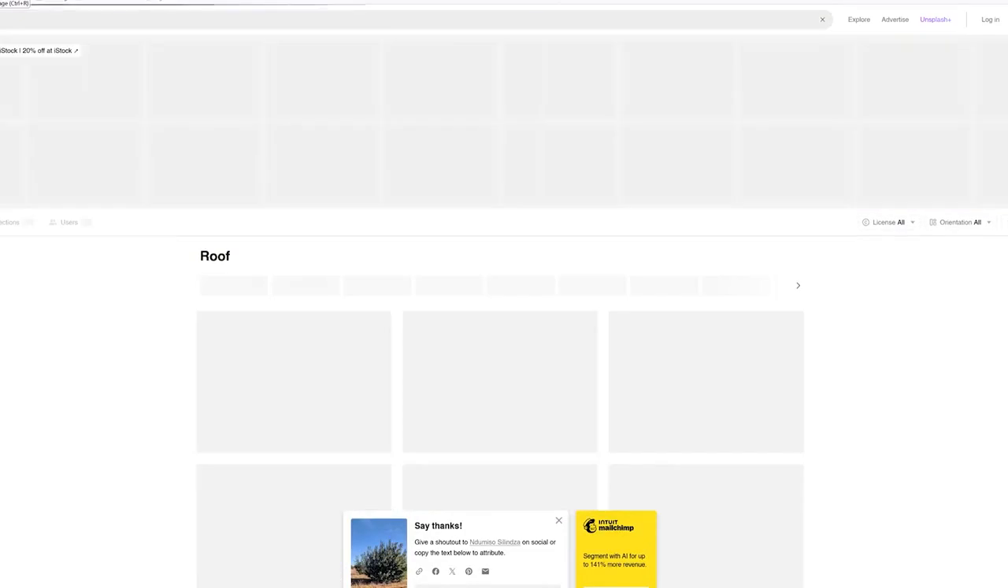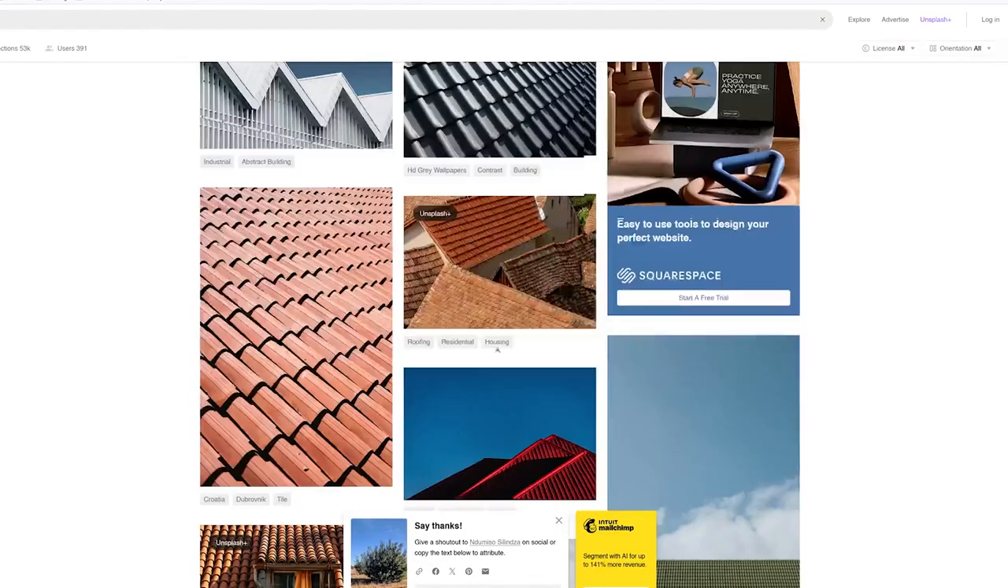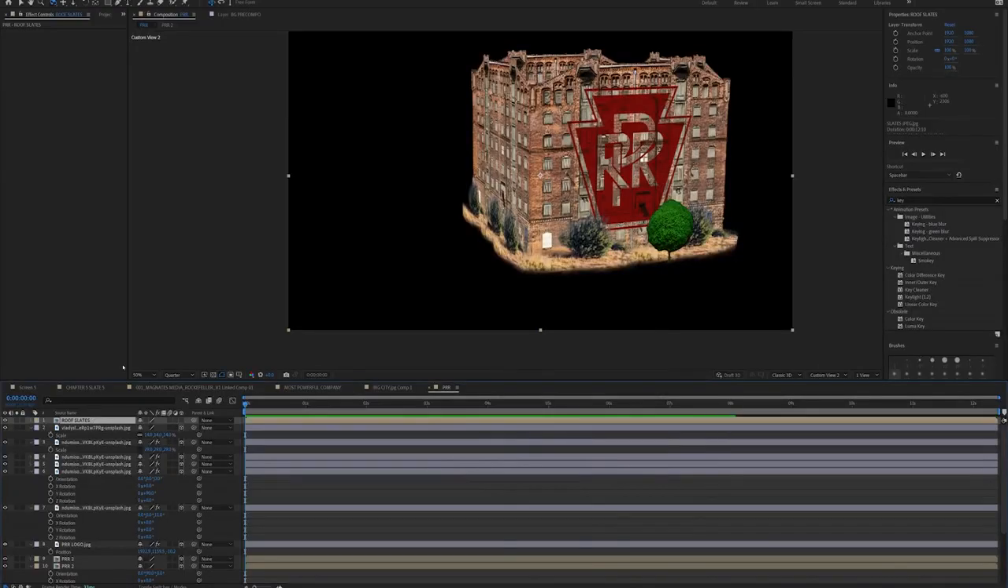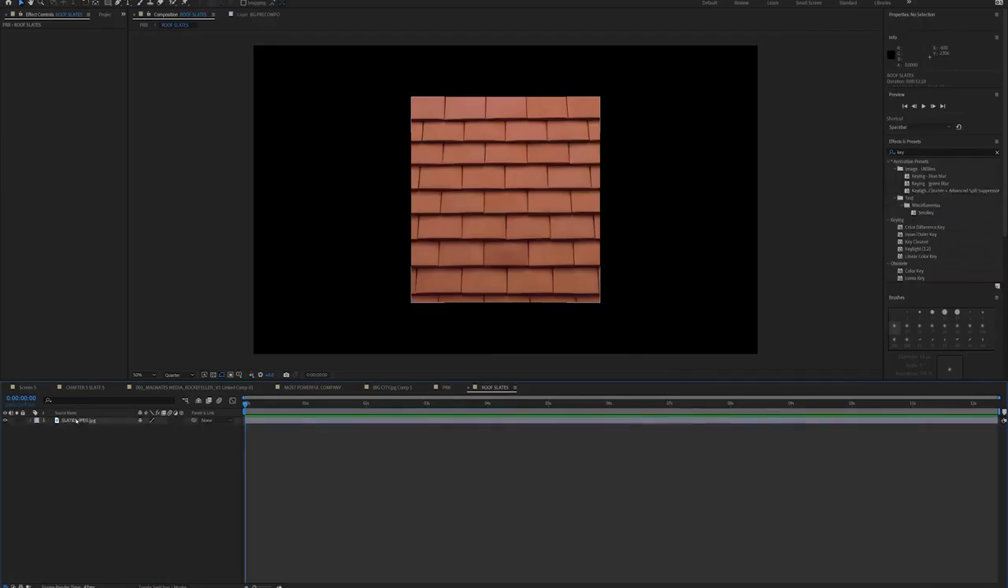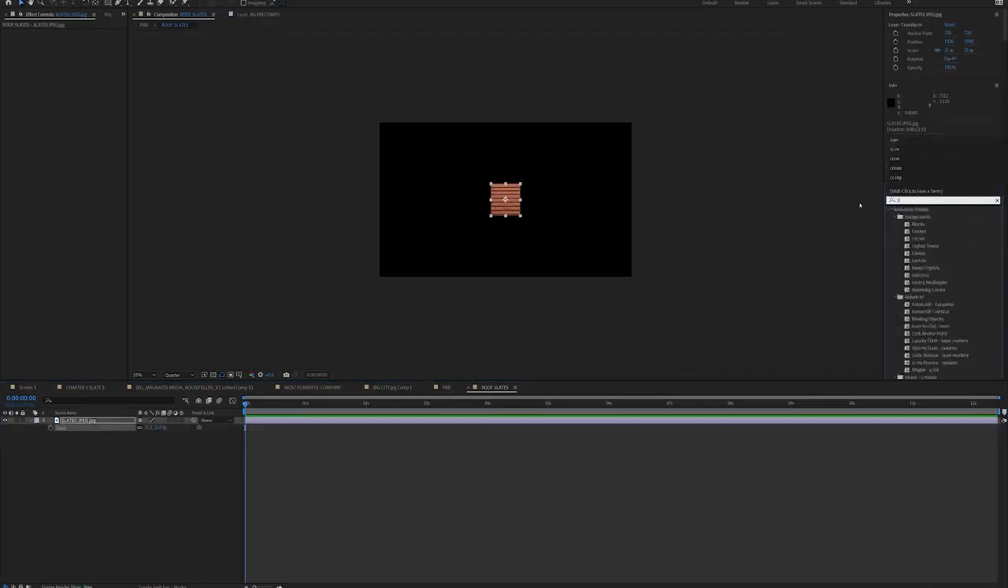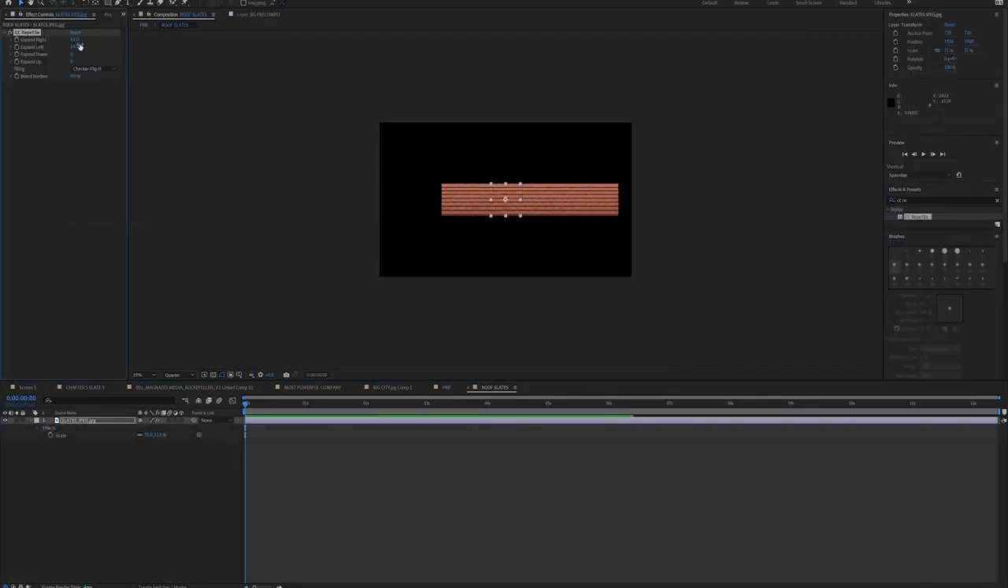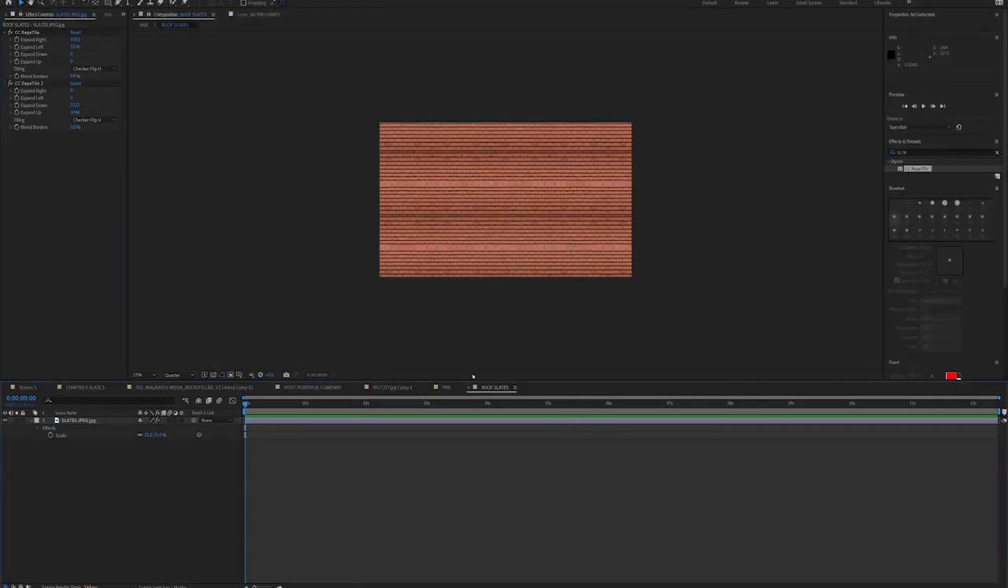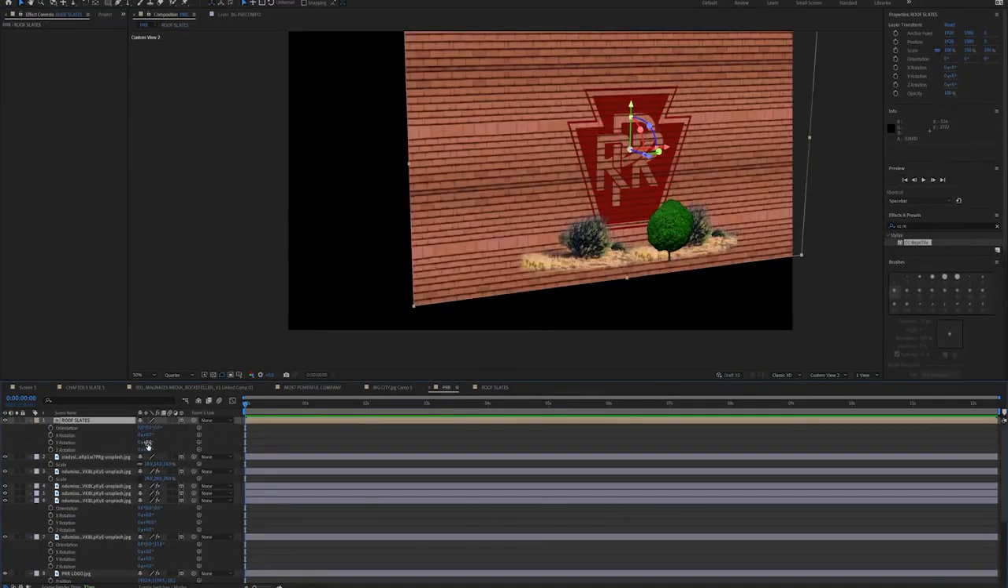Cool, so now I'm going to add a little roof. I found a flat image of some tiles. Going to make a new composition with these tiles. I'm going to use the CC Repetile tool to expand this texture. I'll do it with two Repetile effects just so it takes up the whole composition. Lovely. And now I can take this into my Pennsylvania Railroad composition, rotate it by 90 degrees on the x-axis,